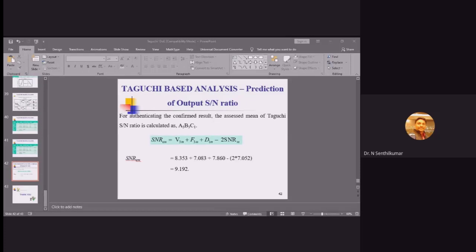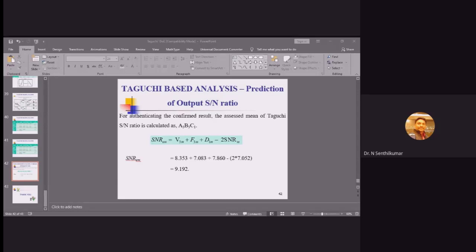Then we have to provide weightages to that. For example, flank wear I am going to consider. That is minimization. Then surface roughness I am going to consider. That is also minimization. Individually I am going to calculate the signal-to-noise ratio and keep it in an Excel. Then the third output is MRR, material removal rate, which is maximization. So there is a contradiction. Two are minimization and one is maximization. So for this also I am going to put the signal-to-noise ratio.